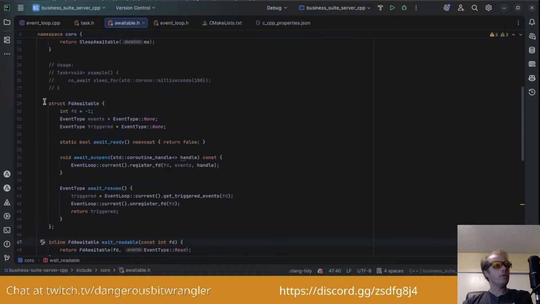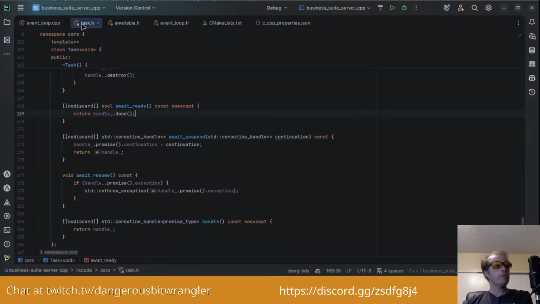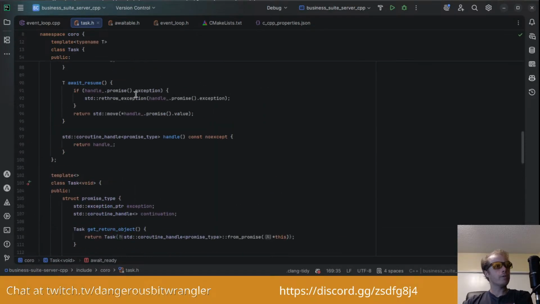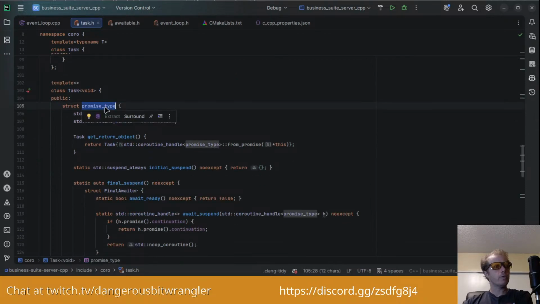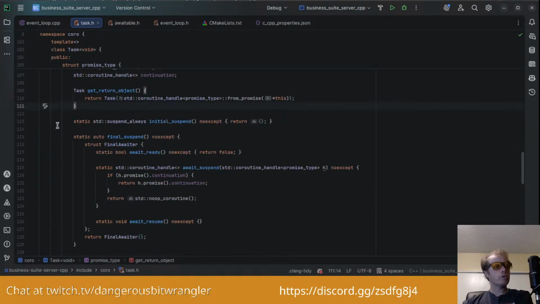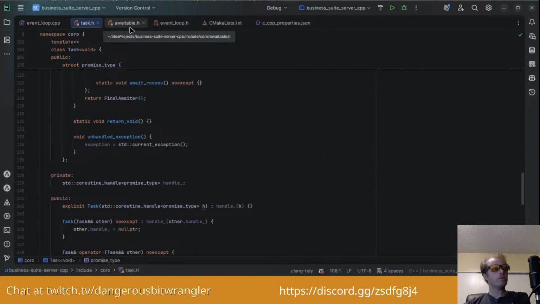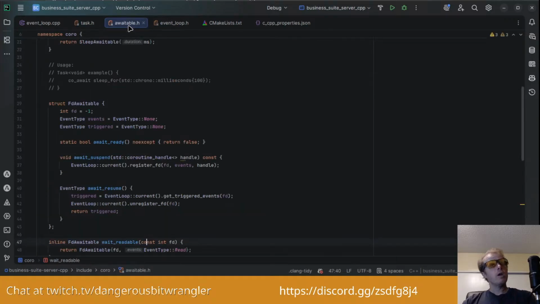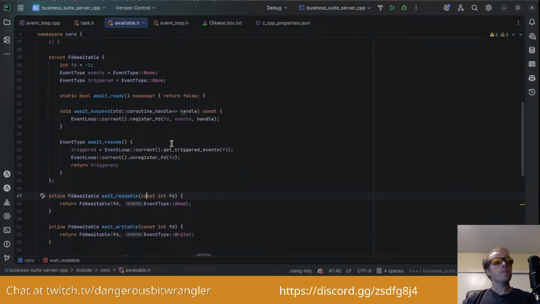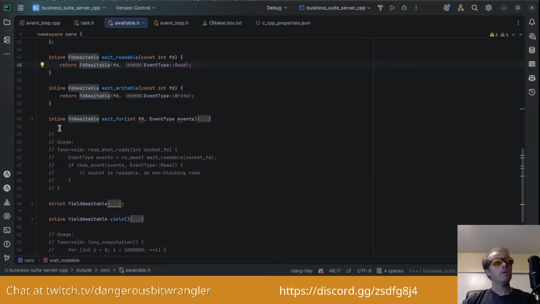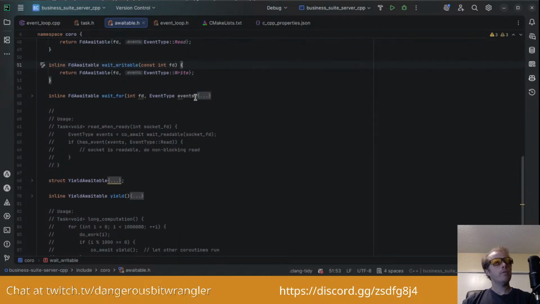I think we just did that here. Oh no, these are not. The task is a class. It has an internal struct, which. Yeah, there's no constructor. I don't think structs can have constructors. Okay, struct FD. So it's just creating a new struct with these values. All right, got it. And then wait writable, create a struct with the flag set, the events set to write.